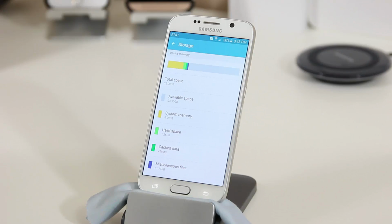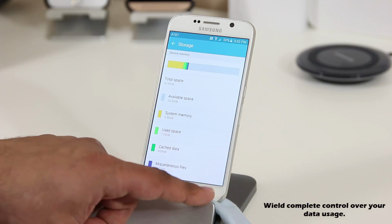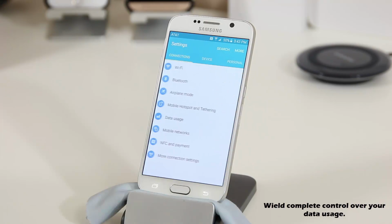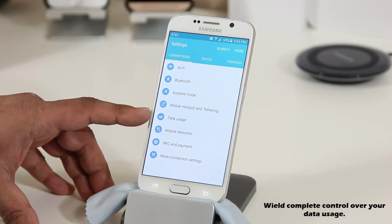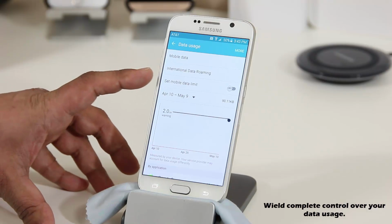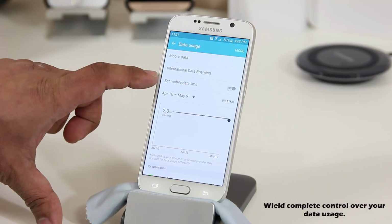And while we are managing our phone, let me go back. I'm going to show you one more thing. So go back out here, and this time scroll over to where it says connections, and then tap on data usage. Now from here, you can actually set mobile data limits. So if you have a 2 gigabyte plan per month, you want to make sure you do not go over that. So what you can do is you can tap set mobile data limit,